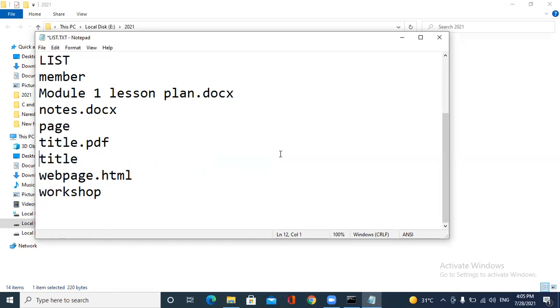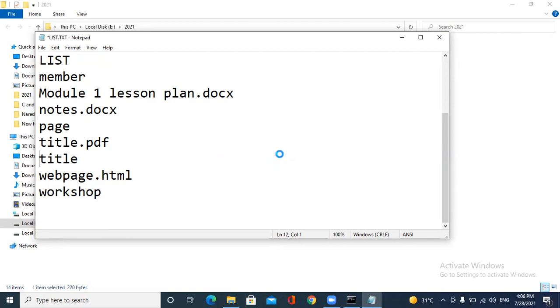Or if you want only text files or only PDF files, you use dir space, then /b if you don't want additional information. After including /b, you type star and your extension. After that, type greater than and the file name, enter. It will give file names relating to that extension.